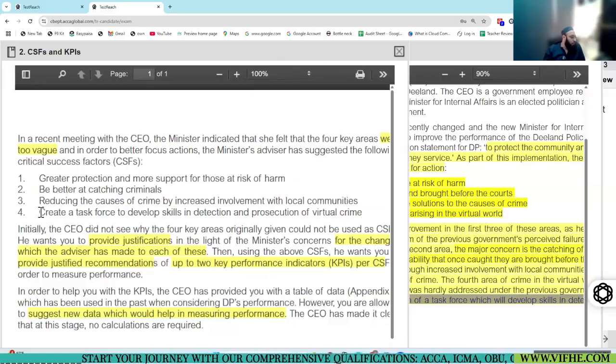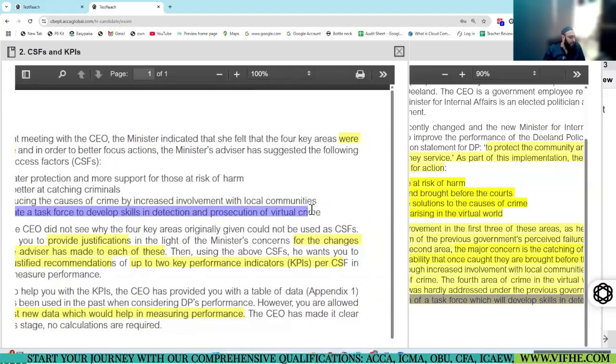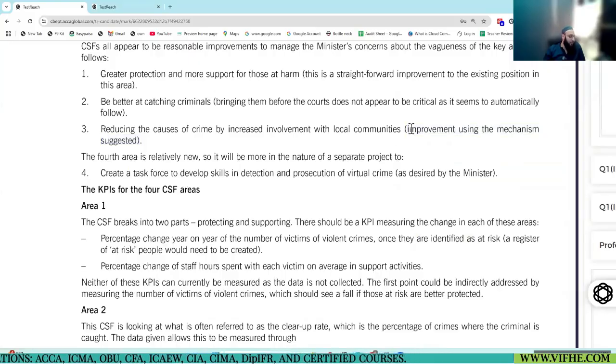So the CSF is more clear that this is what we're going to do, because it gives you the clarity that the focus is on creation of the task force that will develop the team skills and all. The previous one was not addressing it, so we simply mention this fourth area is a new one as desired by the minister, and this is the improvement we have done in this. Okay.